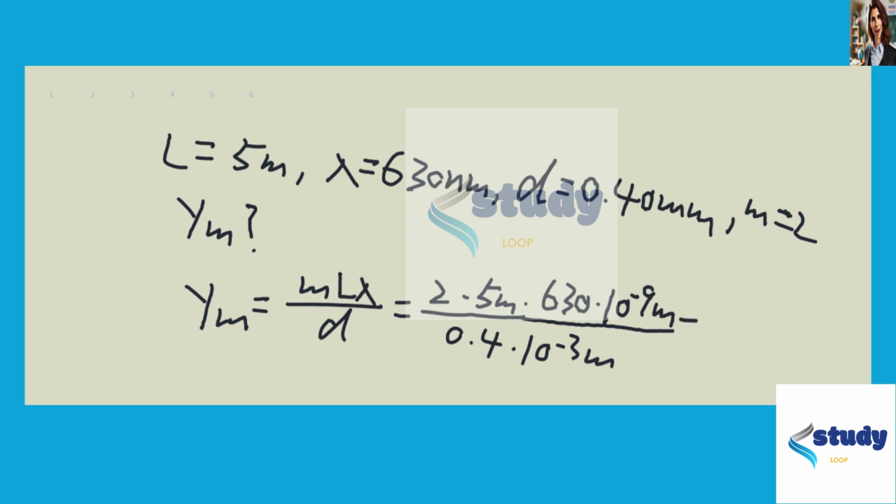And that would give us something like this: 2 times 5 times 630 times 10 to the negative 9, divided by 4 times 10 to the negative